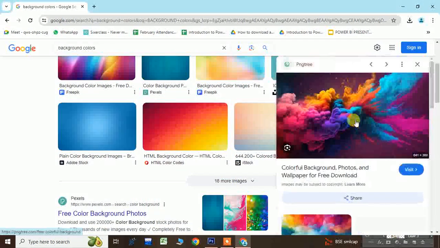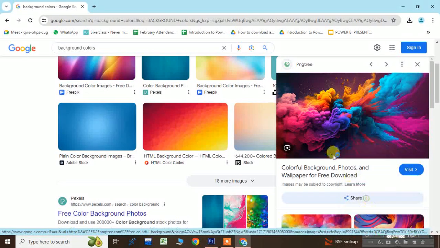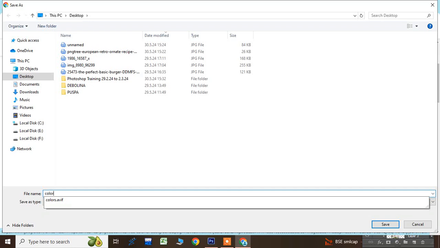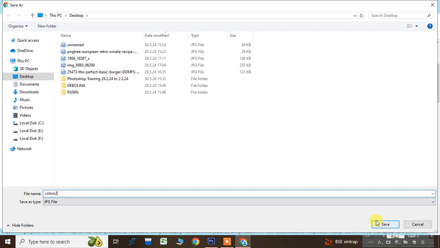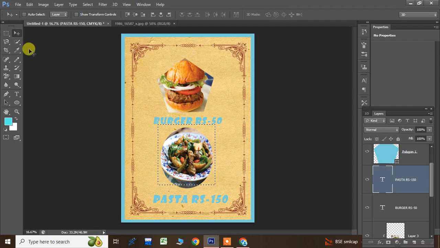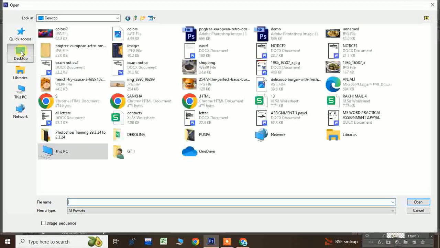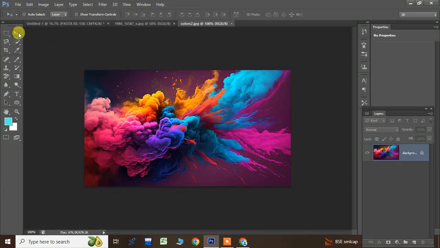Any color, save image as, yes, this file will be taken. Colors 2. So I am taking colors 2. File, Open. Where is colors 2? Colors 2, desktop, colors 2. Now we have to drag it